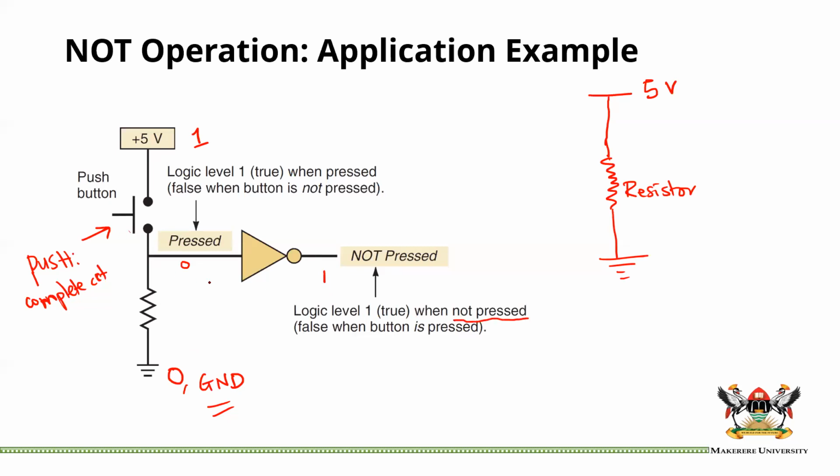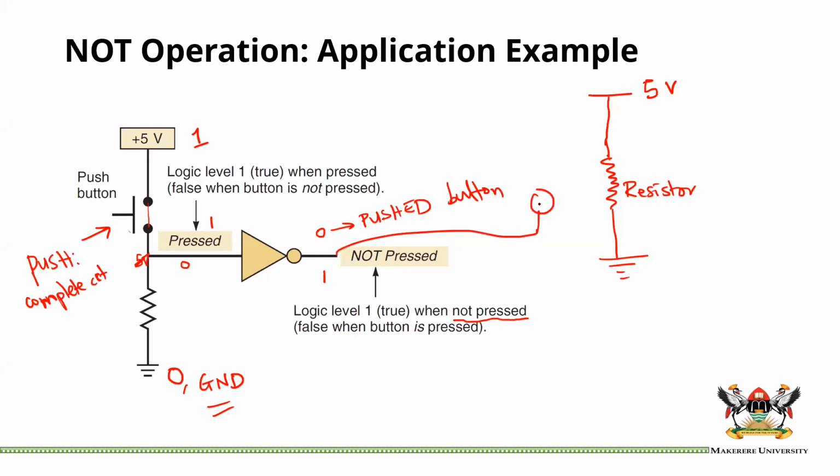Now, if you push this button, it means you have completed that circuit. If you complete that circuit, this 5V is at this point. Obviously, it's just a line. So that 5V is at this point, meaning that we have binary 1 at this point. That's still binary 0, but this 5 voltage will appear here. And if this is 1, then the output here will be 0, and a 0 will tell me that I have pushed the button. So maybe at this output, you could put an LED,